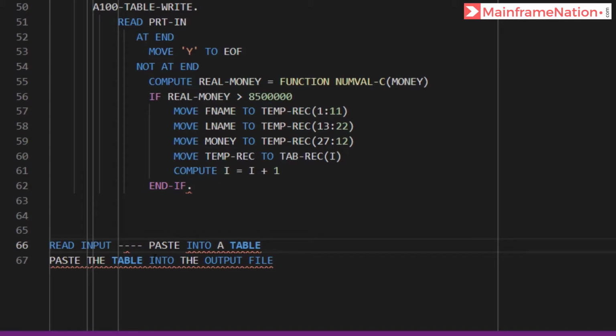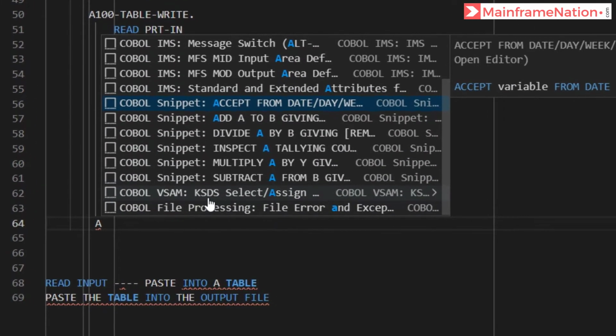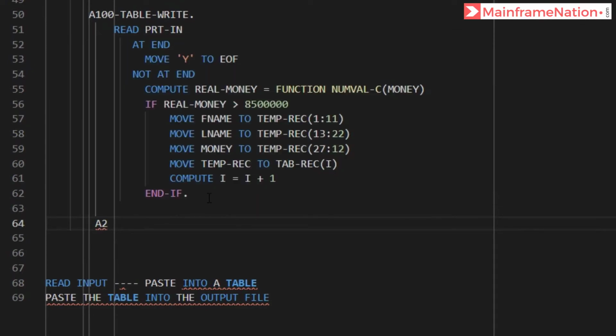Let's do the second step, that is, paste the table into the output file. So first we will write the header. This is the header, line 1, 2, 3, 4. In line 1 we have to write report of top account balance holders. So let's create a new paragraph, A200 header write.